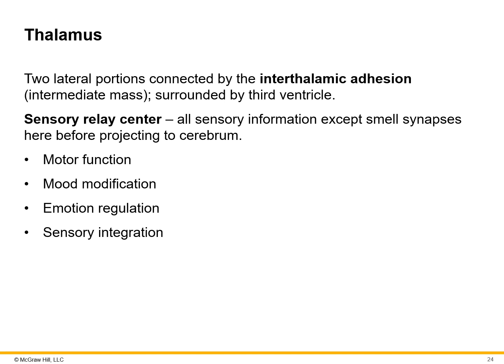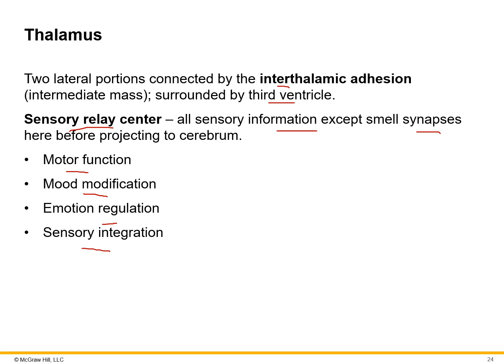So starting with the thalamus, there are two lateral portions. They're connected by the interthalamic adhesion, which makes sense. This is actually going to be surrounded by the third ventricle. So we're going to talk about some cavities that occur called ventricles. And the thalamus is mainly the sensory relay center. So again, it's connecting the brainstem to the brain, or the cerebrum. So all the sensory information, except for some smell synapses, is going to come from here. So all of our motor functions, our moods, our emotions, and sensory innervations, all of that sensory input goes through